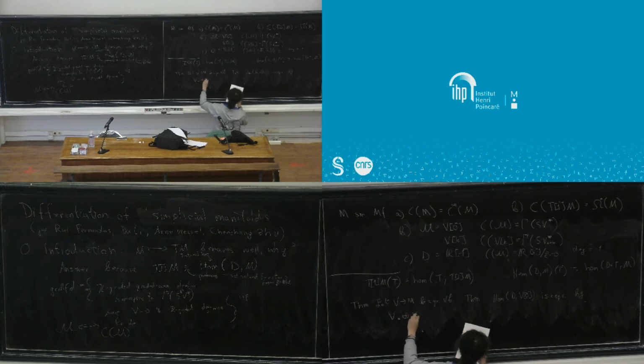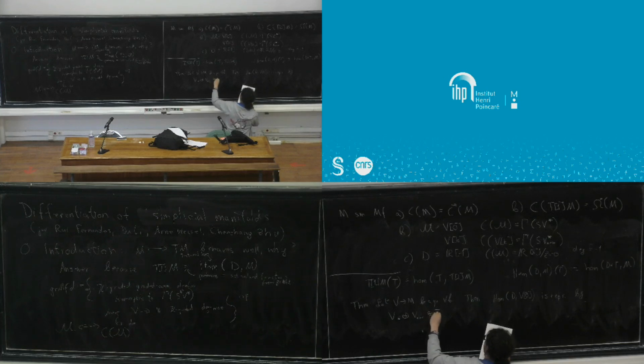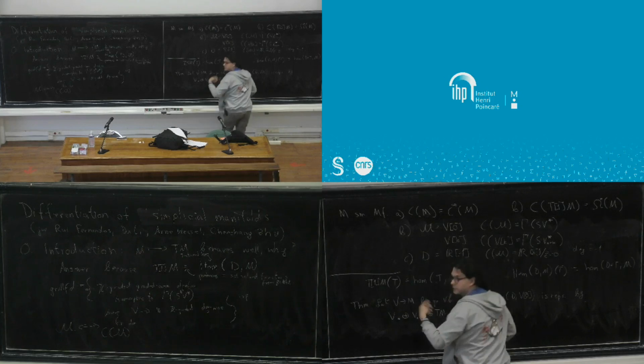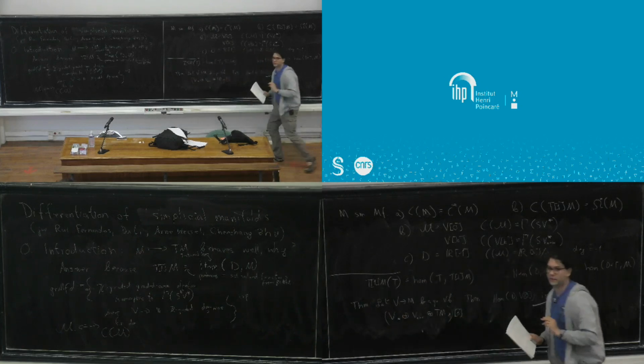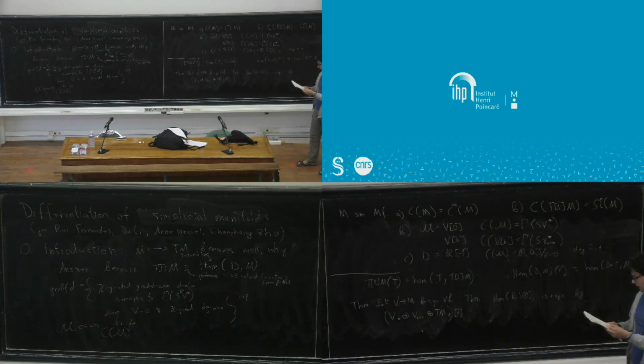V shifted by 1, the fiber derivatives, and Tm put in degree 1 as a graded manifold. So using my notation to annoy everybody, I'll write it like this. Okay,